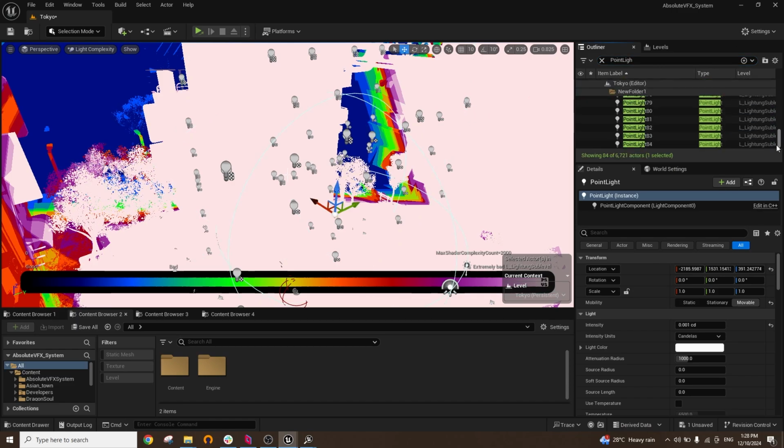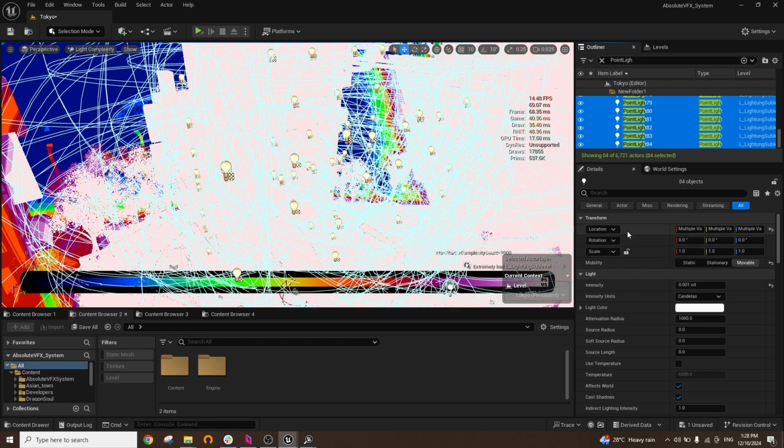Select all of them, and we can see the settings here. You couldn't even see them because the intensity is like 0.001, so they're doing basically nothing. At this point you can delete them, or what you can do if you want to use some of them,